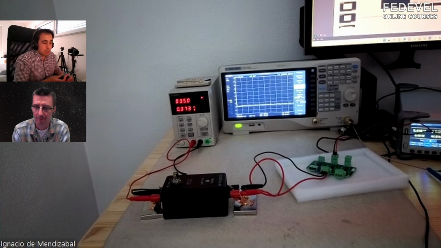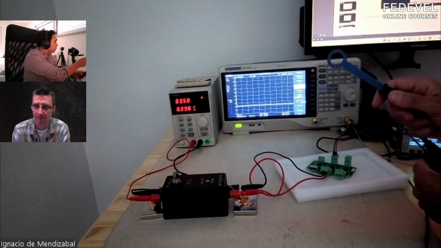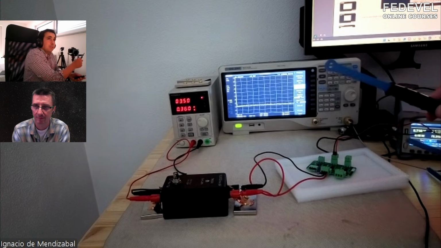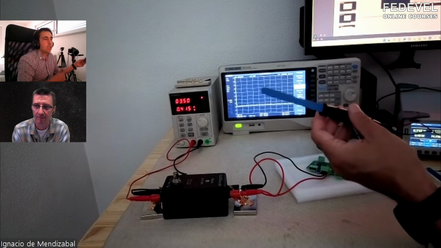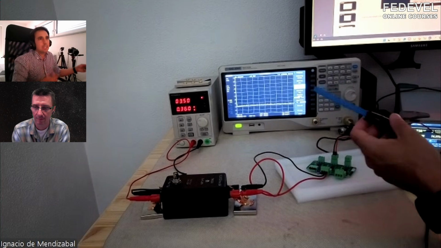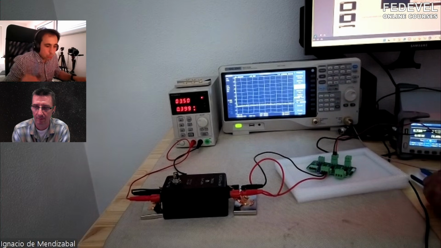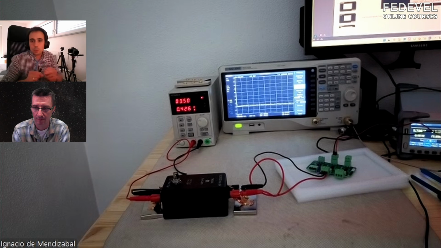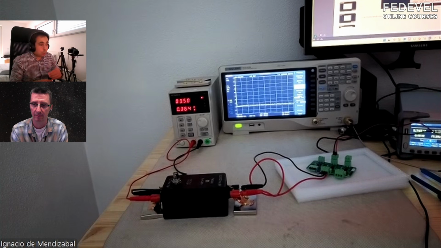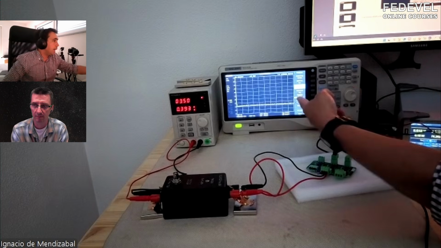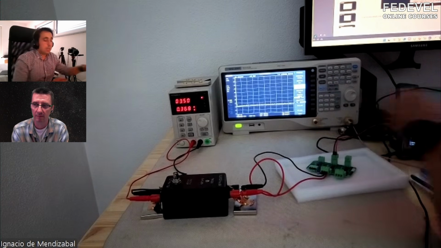So my recommendation is that you get one very big, like this one, more or less big but still small, and then one really small if you are working on dense designs, high speed, very dense designs where you need to measure really small components or small pins. But then the signal is much lower. Yeah, so it's lower, and that's why sometimes you need to add an amplifier, either at the spectrum analyzer